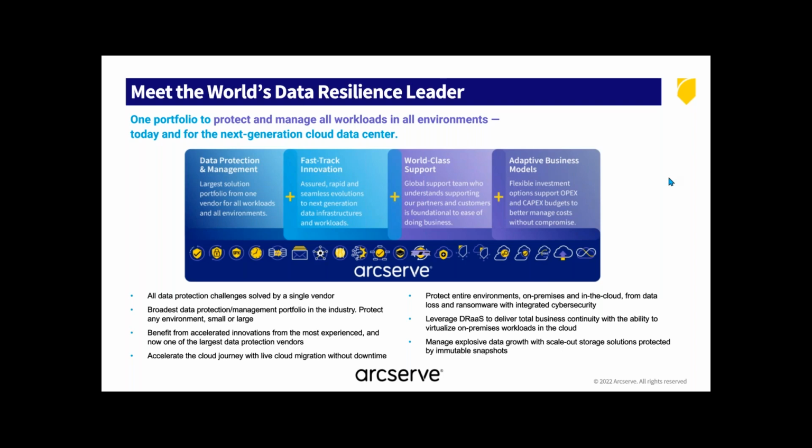Now, before we jump a little bit further into the whole SaaS thing, let's just introduce you to Arcserve. If you haven't worked with Arcserve at all in the past, it's important, I think, for you to realize that we've been around for a while. We are a leader in data protection and data resiliency, backup, disaster recovery, and all that type of thing. We've been doing this for a long, long time, since the 80s. I'm sure a lot of you here might even remember